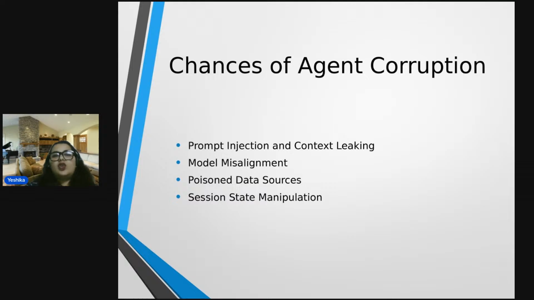So such model misalignment may lead to confidentiality and integrity issues, and your resources might be exploited. Poisoned data sources: this is the basic format. The data sources that we usually hold on to are being added to or uploaded with unusual, harmful, noisy data.